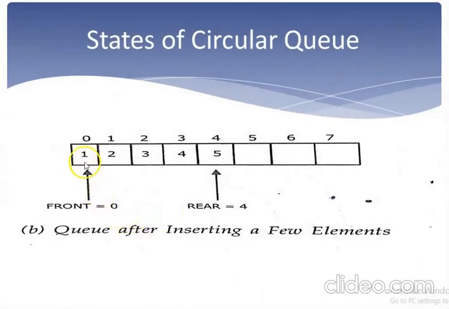So we have added some elements. When we add the very first element, we have to make front and rear 0. Then we will be incrementing rear and adding some elements. So after inserting a few elements in this list, it looks like this. Front will be pointing to location 0 and rear will be pointing to index 4. If we want to add one more element, then the index should be made 5 and the element should be placed in this location. If we are removing elements, we will be removing from this front end.